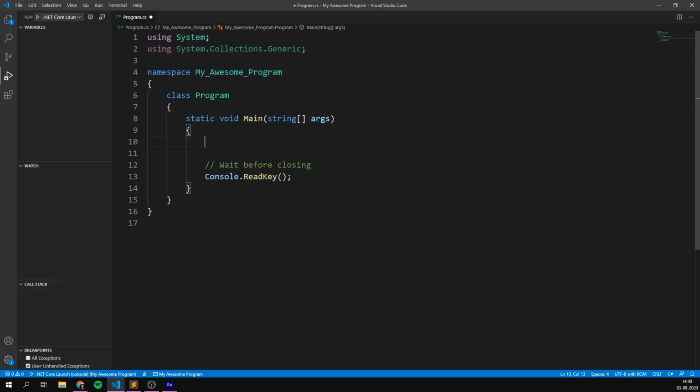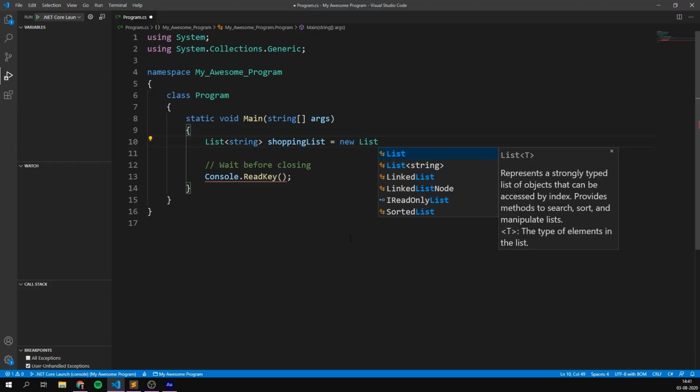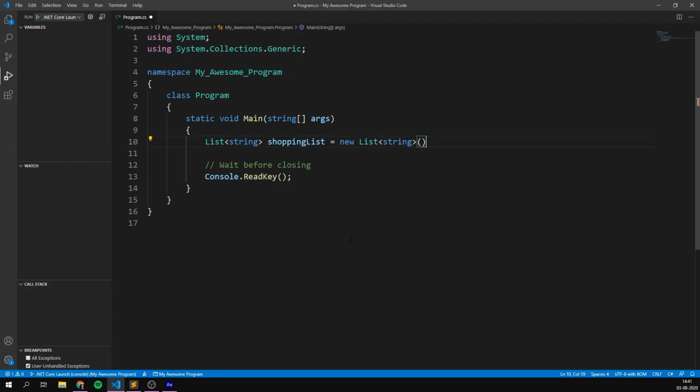Now, a list is something that we call a generic, which makes the syntax a bit different from a normal array. To create a list, we first type list, then a less than sign, followed by the type. In our case, we want this to be string, and then a greater than sign. We then put a name here. I'm going to type shoppingList. And just like when we created an empty array, we also need to create an empty list. Again, the syntax for this is a bit weird, but just type after me. So we'll create an equal sign here. We'll then type new List of type string, followed by 2 parentheses and a semicolon. And that's it. We've now created a list. And this is by far the most scary part of working with lists. From here on, it's actually really simple.